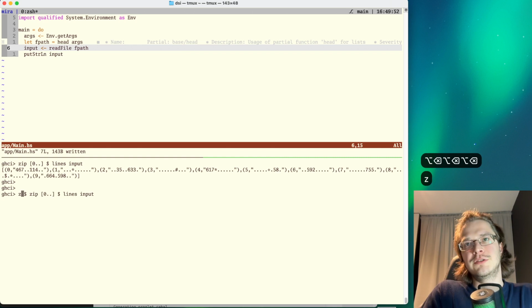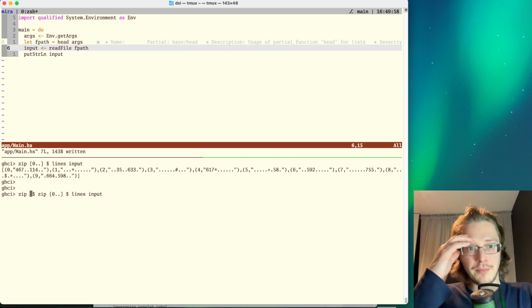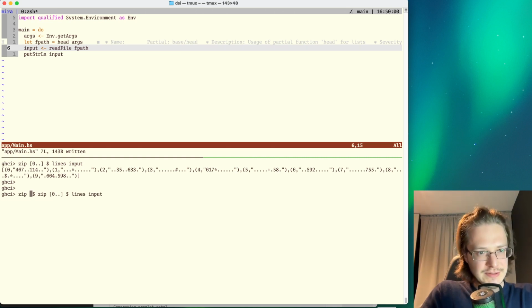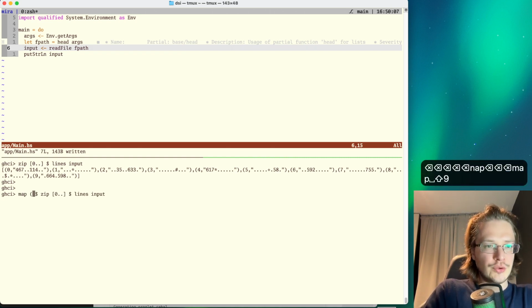No, zip width just takes both parameters and gives you a callback, a function, which actually produces the zipped value. So I still need to, first of all, map